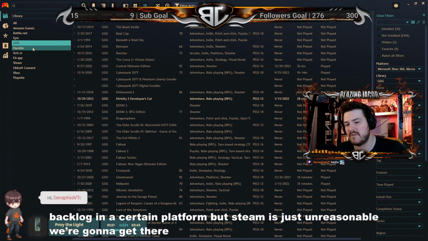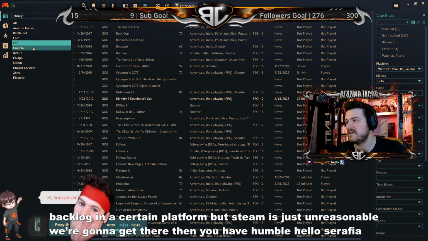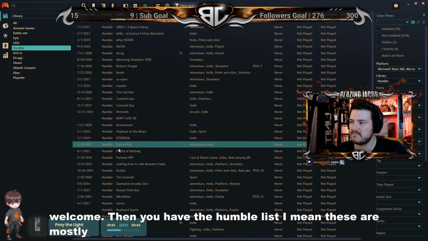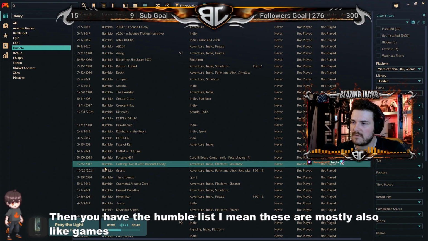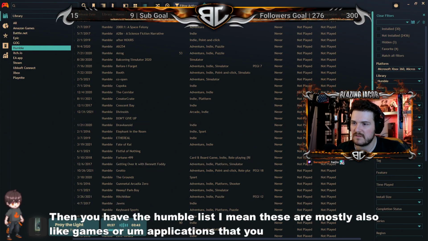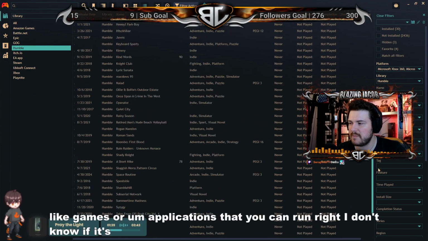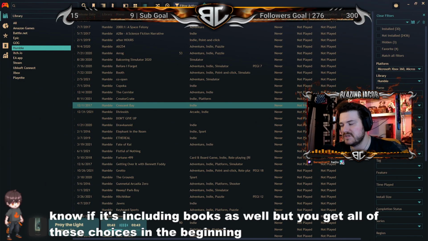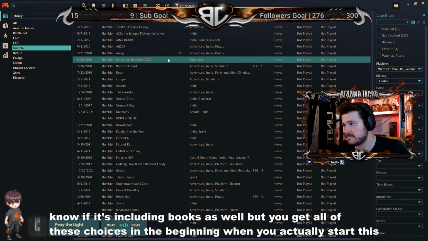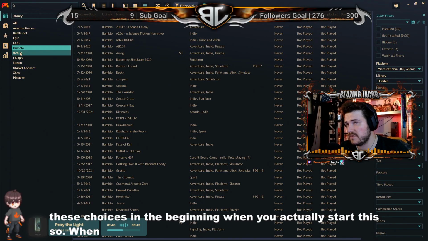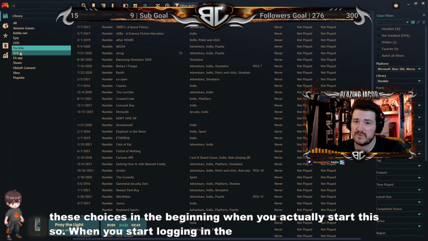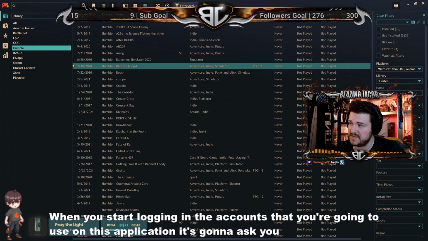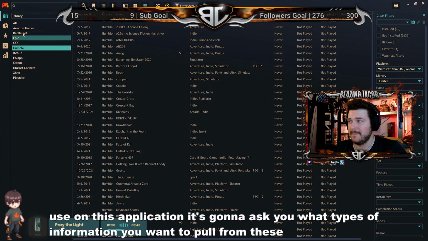Then you have Humble. Hello, Serafia. Welcome. Then you have the Humble list. These are mostly games or applications that you can run, right? I don't know if it's including books as well, but you get all of these choices in the beginning when you actually start this. So when you start logging in the accounts that you're going to use on this application, it's going to ask you what types of information you want to pull from these websites,